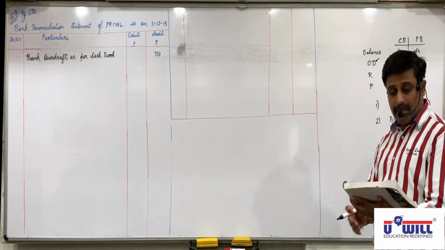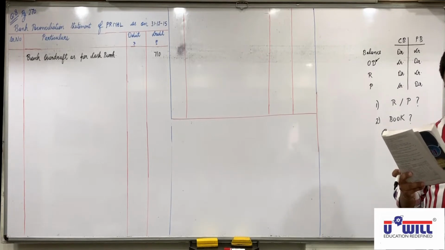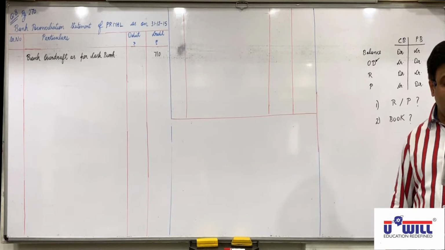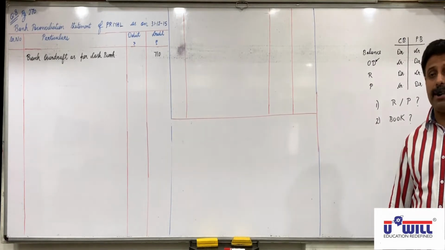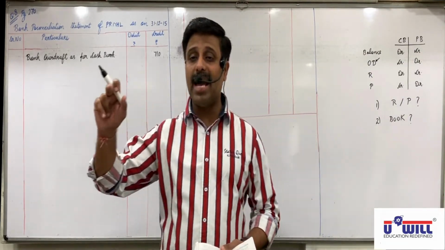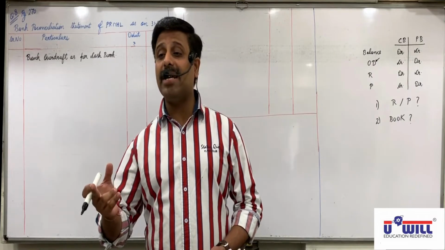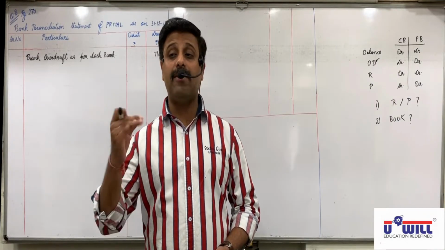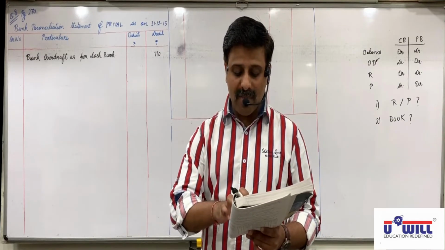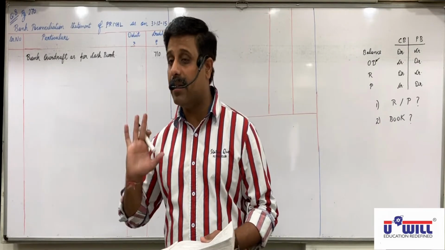Now the second and third items are important to understand, how to deal with this. Information of checks deposited and credited in the passbook is as under. Amount, then date of check deposited in the bank. Where is it written? Date of check deposited in the bank: write down debit in cash book. When you deposit the check in the bank, before that you will receive the check and debit it in the cash book. Date of check credited in passbook, simply underline credited in passbook, directly given.